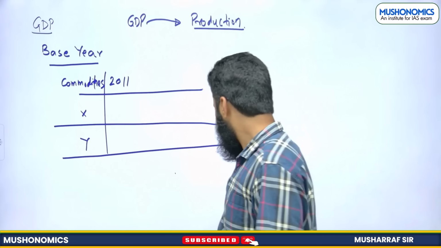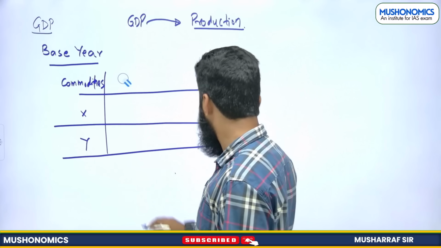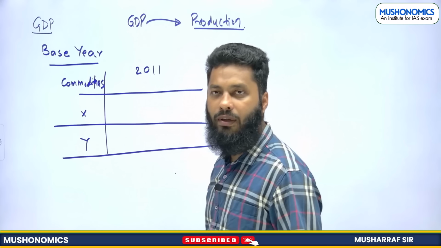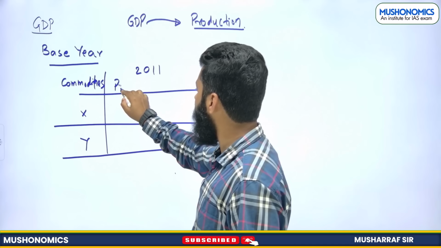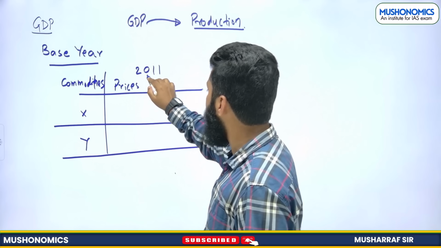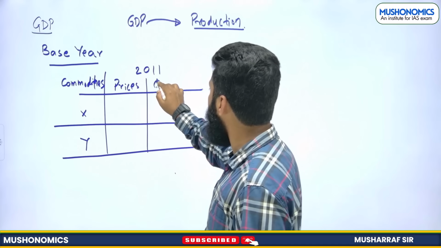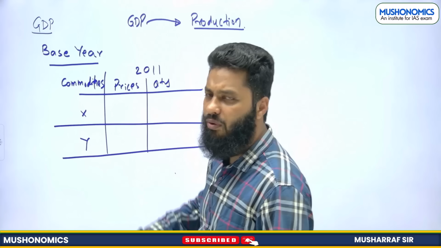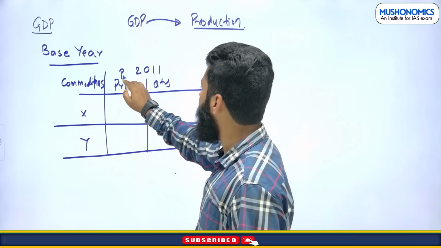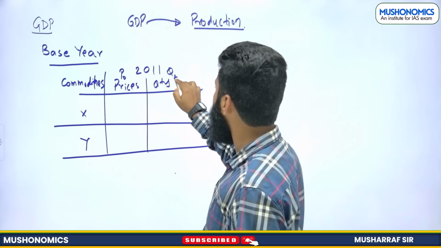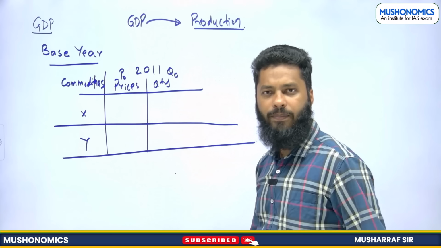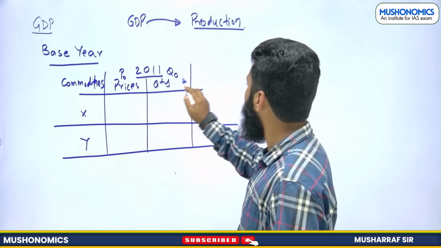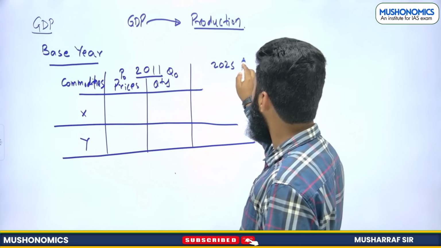Now, let's understand that in a year 2011, there are prices of these commodities and there are different quantity in which they are being produced, right? So since it is an older year, we are taking prices as P0 and we are taking quantities as Q0, right? And let us assume that in the year 2025,